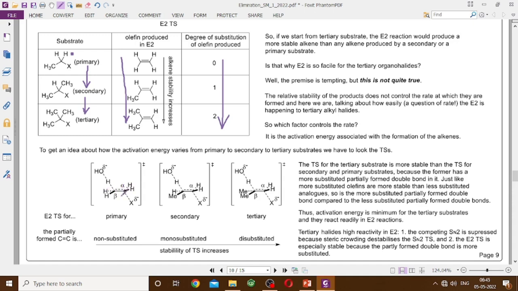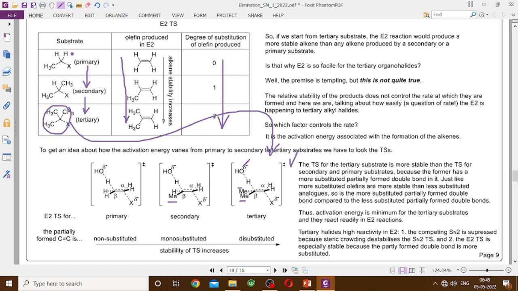So you have 4 hydrogens, non-substituted partly formed double bond, mono-substituted partly formed double bond, di-substituted partly formed double bond. Therefore, the double bond in this transition state is more stable compared to that here or here. Therefore, this transition state is thermodynamically more stable compared to this one or that one. Energetically more stable. This transition state is energetically more stable, and therefore, starting from this, you will need to spend less amount of energy to access this one. Activation energy will be low, and therefore your reaction will be faster for the tertiary. So tertiary halides